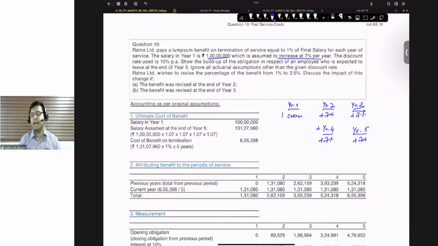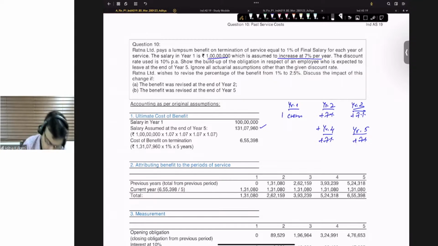So many students end up making a mistake when they look at this. 1 crore into 1.07 raised to 4 it is. You are multiplying 1.07 4 times. So you can also say 1 crore into 1.07 raised to 4. Many students make a mistake. They write here 1 crore into 1.07 raised to 5. That is not what is happening here. The change happens from year 2 onwards. Okay, so this is going to be the revised salary at the end of year 5. Okay, 1 crore 31 lakh